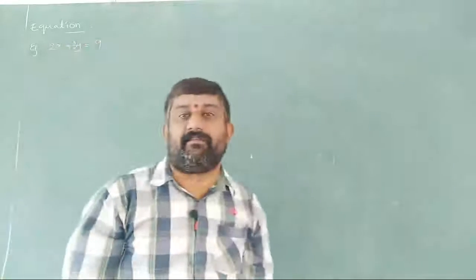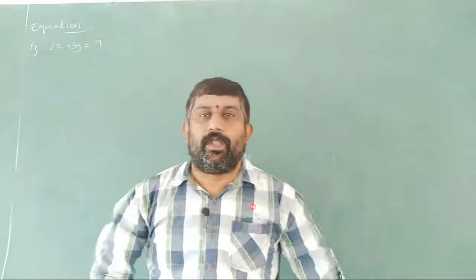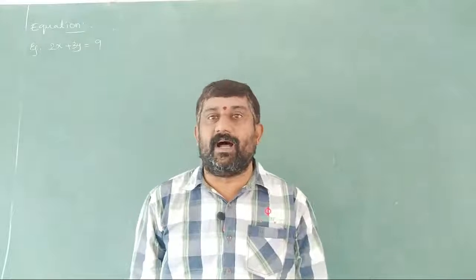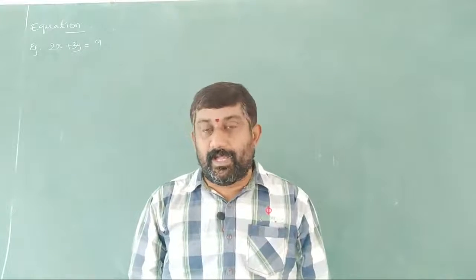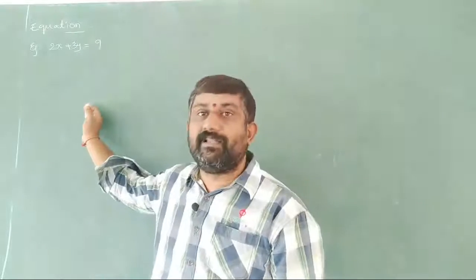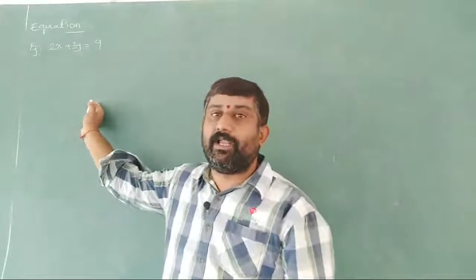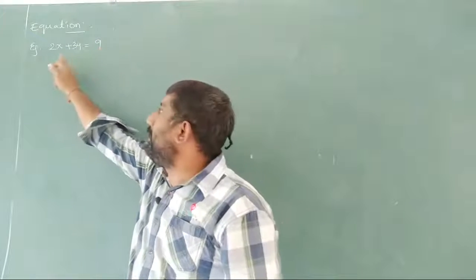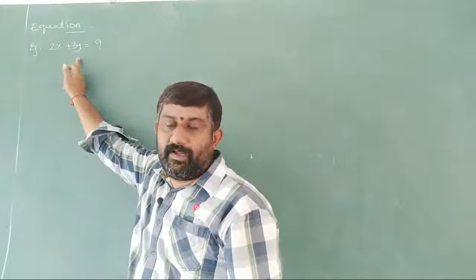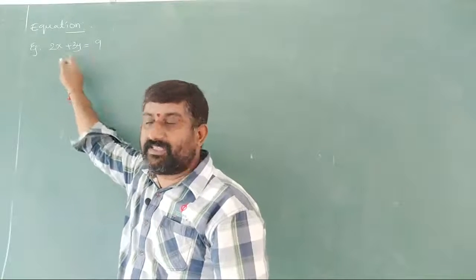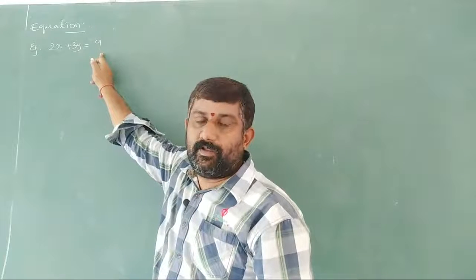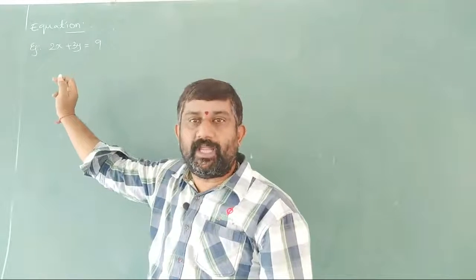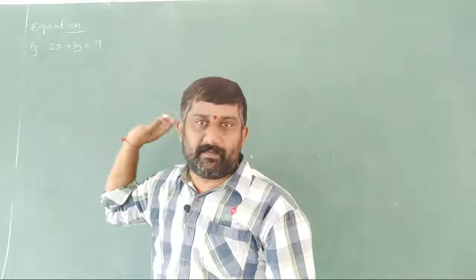2x plus 3y is equal to 9, I am taking here. And here we have two sides, one is LHS, nothing but left hand side, and another one is RHS, nothing but right hand side. And you must observe here, this is an equation. Why is this an equation? Because we are equating two expressions. 2x plus 3y is nothing but 9. So that means here two variables we are taking, x and y. For the values of x and y, the answer must be 9 only. So what is equation? Equation is nothing but a statement showing two equal expressions with equality symbol.